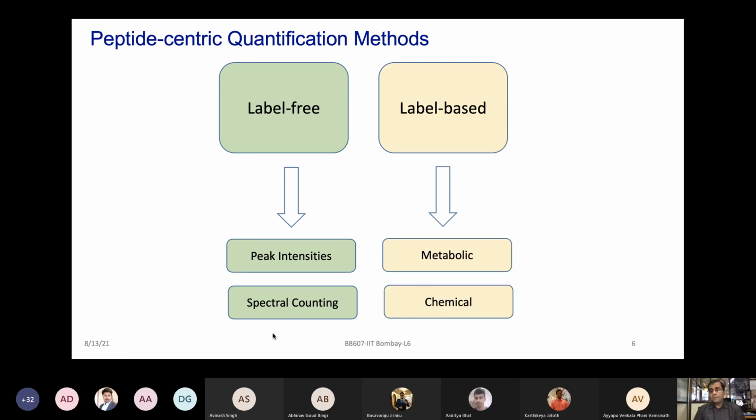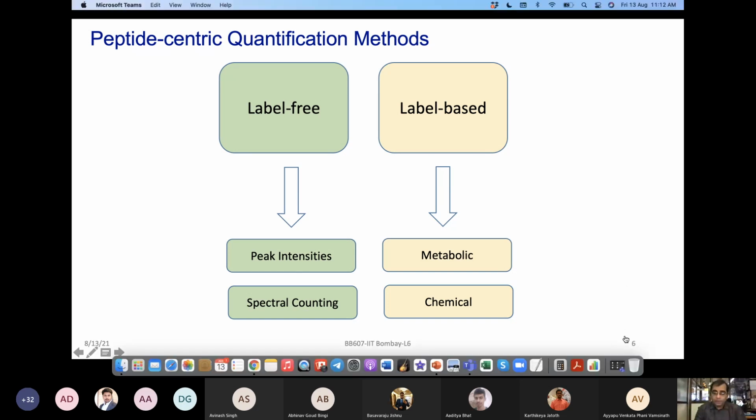Label-based methods are based on metabolic or chemical labeling. Since you are labeling those tags and you are trying to monitor those tags in the reactions, your quantification becomes slightly more confident. Nevertheless, let me tell you one thing: whether you do label-free or label-based, for the number of proteins which you identify after these experiments, you cannot just directly publish that work. You have to do many validation experiments, and that validation is going to be very critical for taking your leads forward and understanding the biological system in that way, right?